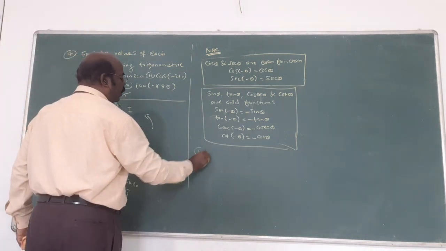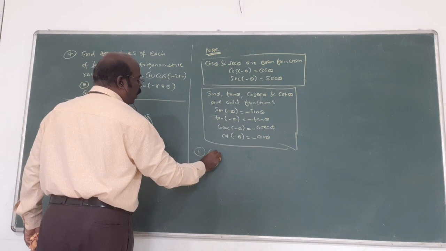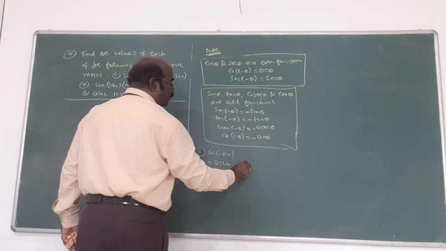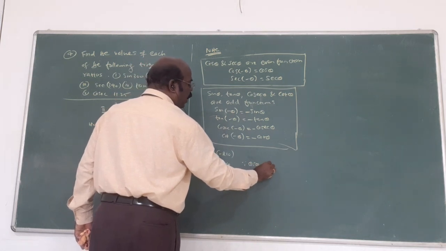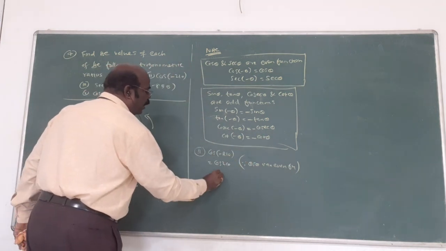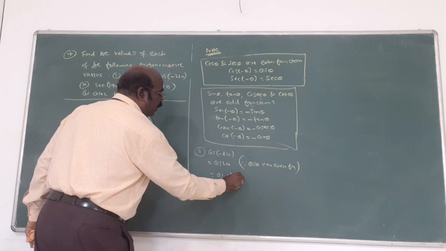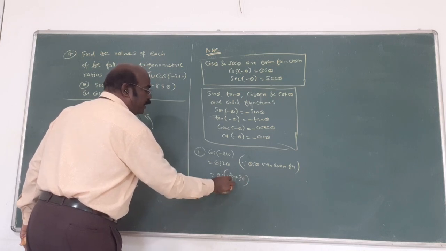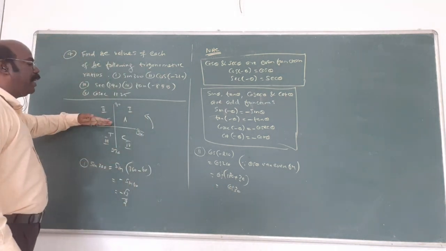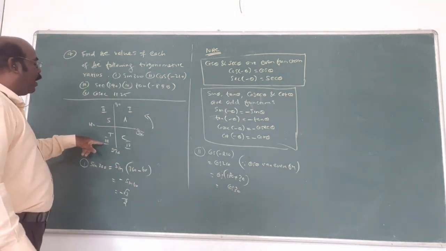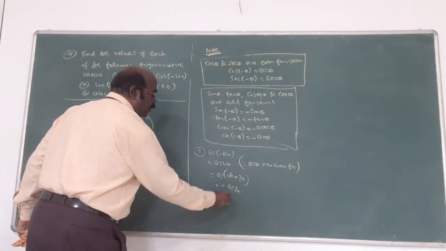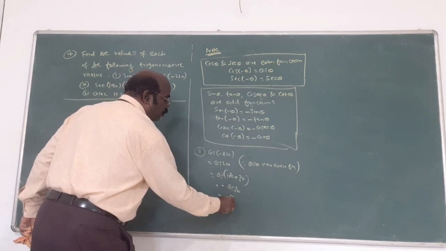Second problem: cos of minus 210 degrees equals cos of 210, since cos theta is an even function, that's why the negative will not come. Then cos of 180 plus 30. Cos 180 is unchanged, cos stays cos 30. Now the reverse diagram: 180 plus something means third quadrant. In the third quadrant, only tan is positive, so cosine is minus. Minus cos 30 is what? Root 3 by 2. Am I correct? This is the answer.